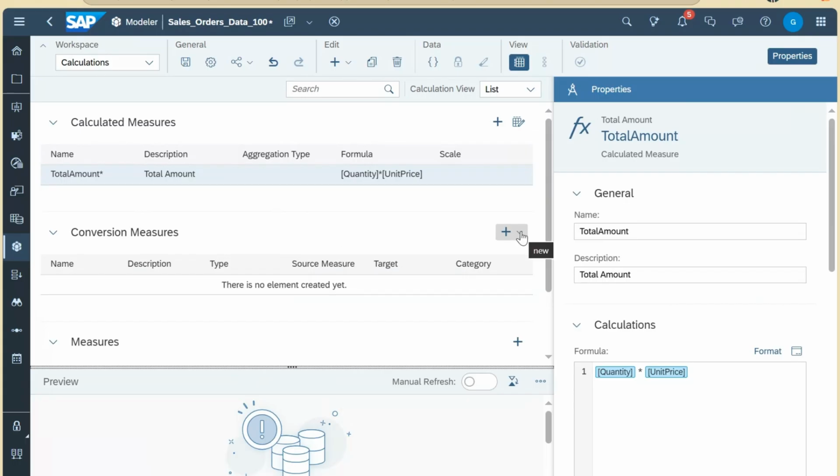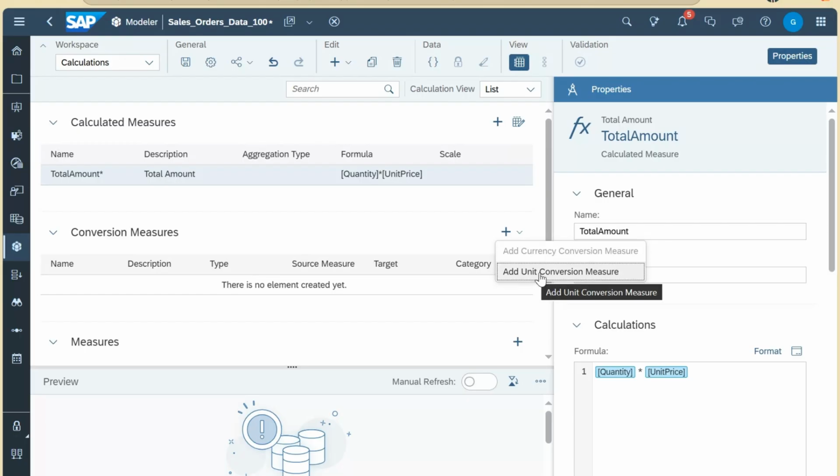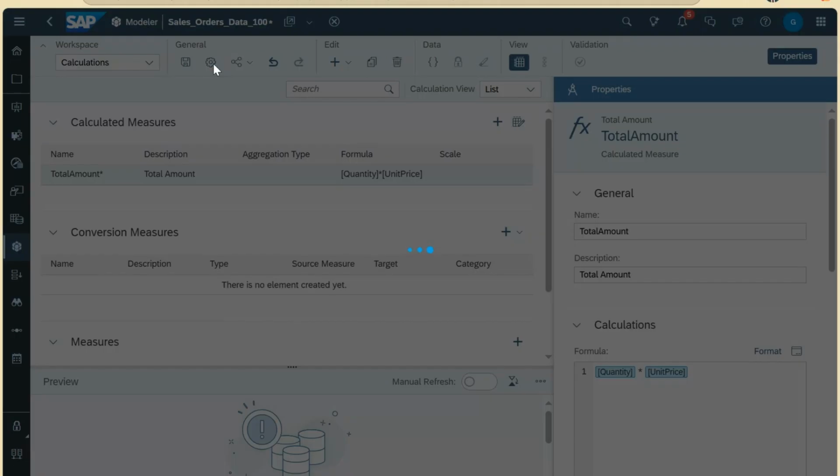Similarly, you can perform the conversion as well. So you can perform a currency conversion. Add currency conversion measure is available if currency conversion is enabled. Currently we have not enabled the currency conversion. That is why it is not coming. And then we have add unit conversion. All these features you can access from preferences. So you click on the preferences here,